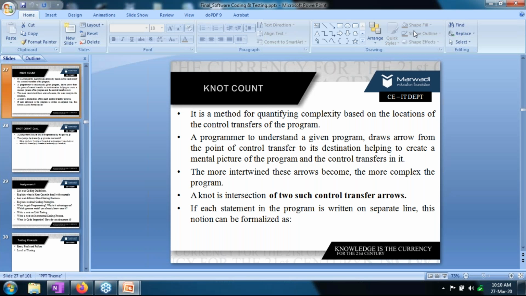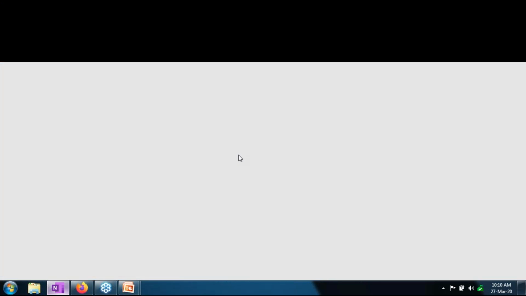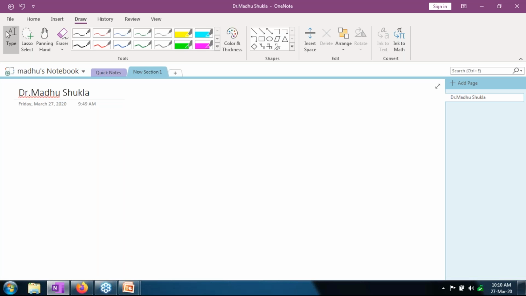In that case, I'm applying a jump. Again, I'm switching my PPT from 3 to 28. What am I doing? I'm again changing the sections. I'm not going sequentially. I'm changing the sections. That is why I say it is overlapping.